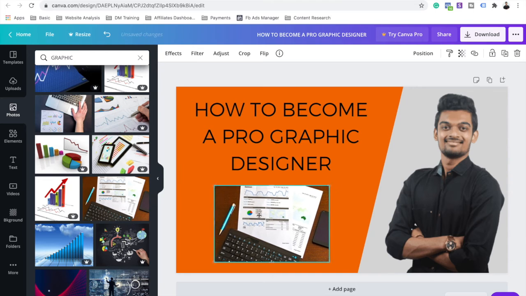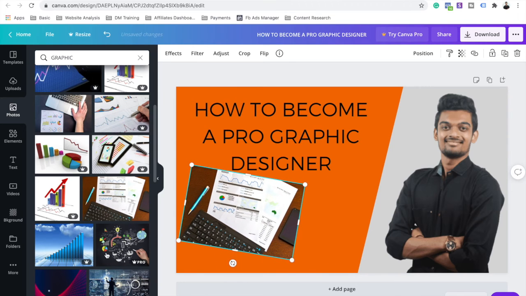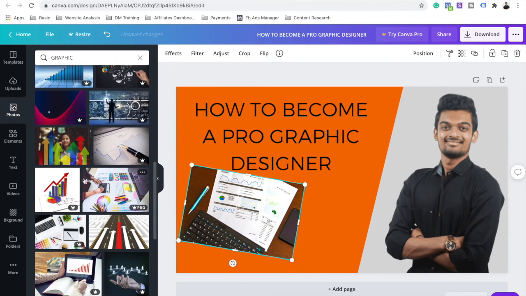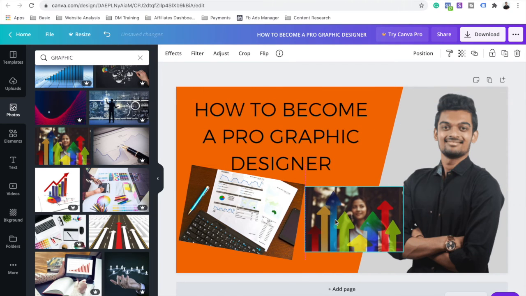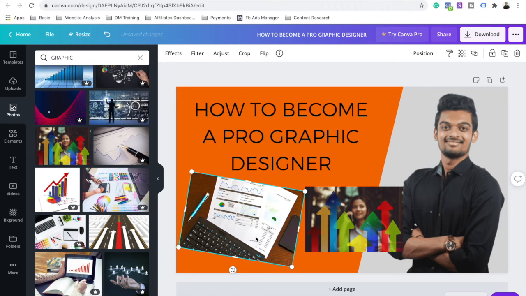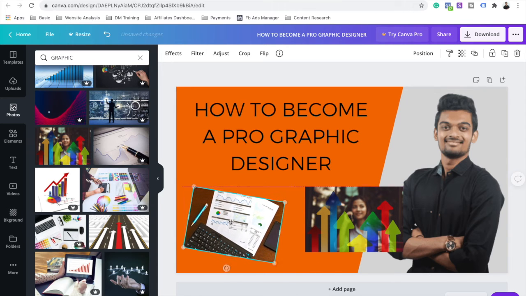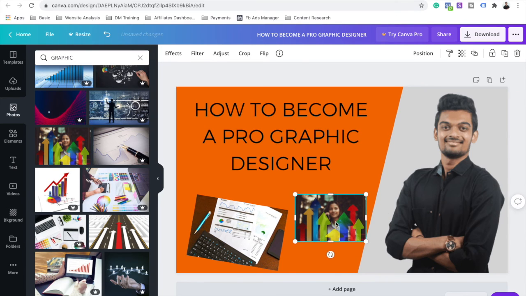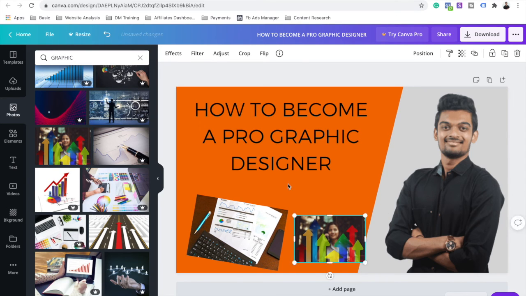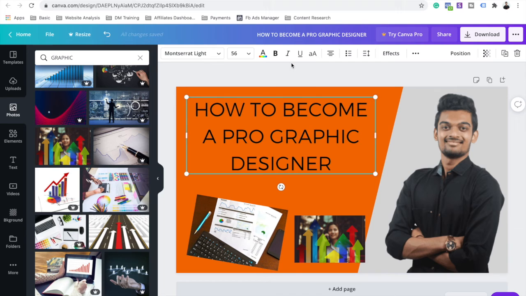And yeah, so you can just tilt like this, then you can take any image like this. You can just add the images here, and yeah, so it's that simple. You can play around with this tool, try more features.